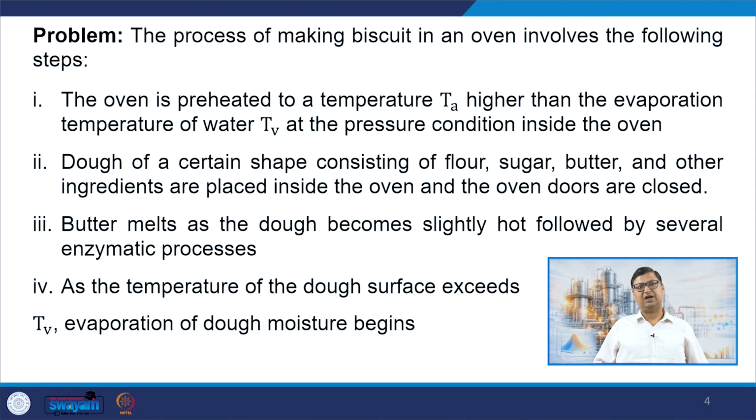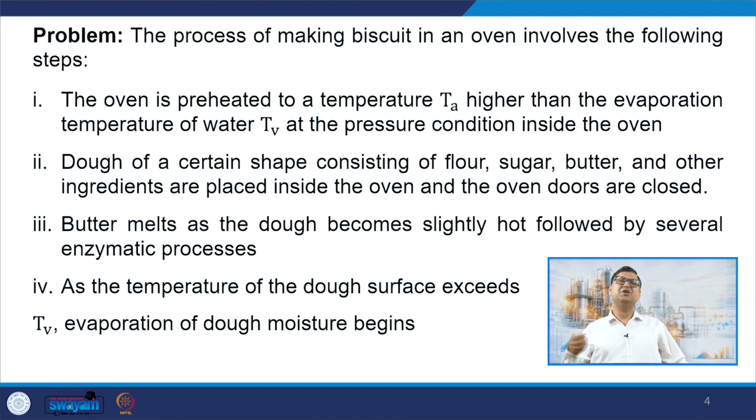I am outlining the process of making biscuit in an oven, which typically contains the following steps, and you may be aware of these steps. The first step is the oven is preheated to a temperature Ta that is higher than the evaporation temperature of water, let us say Tv, at the pressure condition inside the oven. That is the first requirement, because you want to evaporate water. So, you can say it is some kind of an evaporator, but with a solid biscuit surrounding it, right. So, we must have temperatures higher than the boiling point of water at the given pressure,